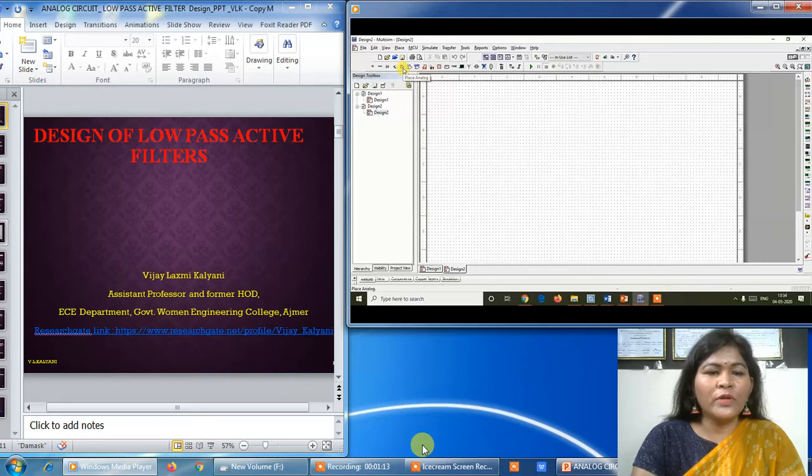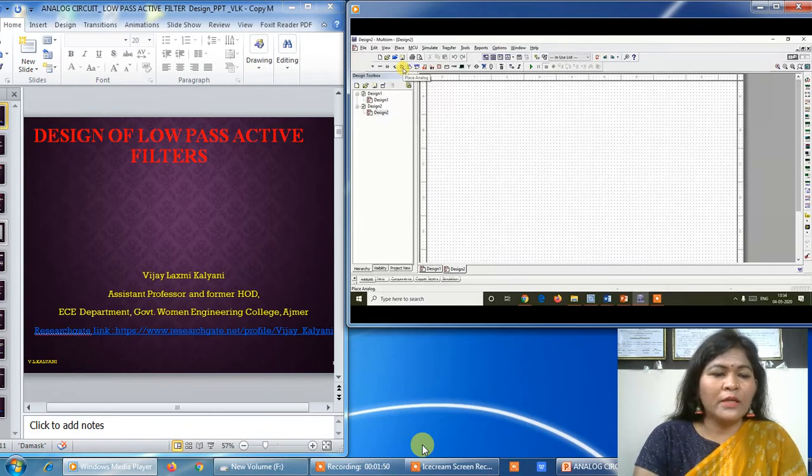So if you want to design a low pass filter for a very high frequency range, then you can choose high speed ICs such as the AD844 IC. This is a current conveyor IC. These high-speed ICs have higher slew rate, higher speed, independence of gain and bandwidth, high frequency range of operation, and simple circuit realization. Therefore, you can choose this type of high-speed IC and design the circuit for high frequency ranges. So now let's come to the topic.